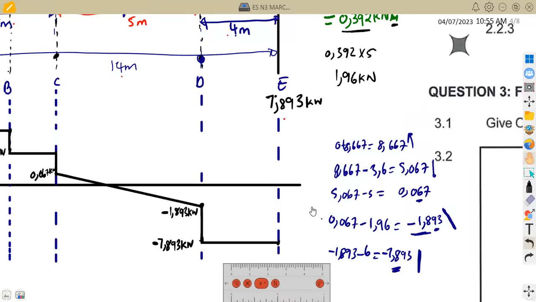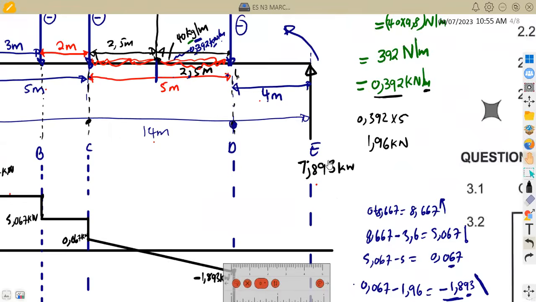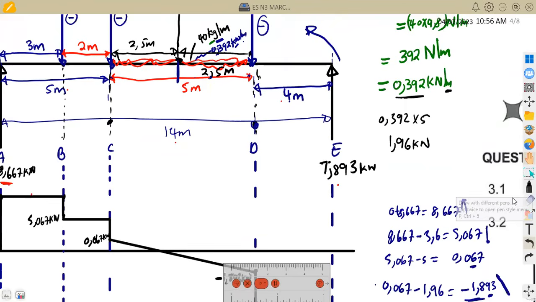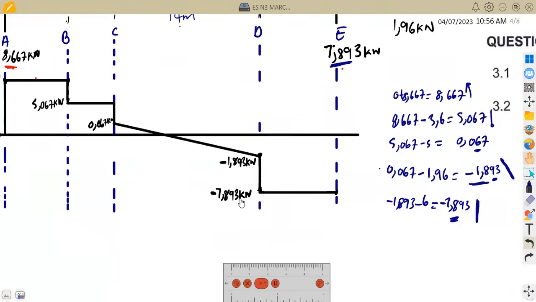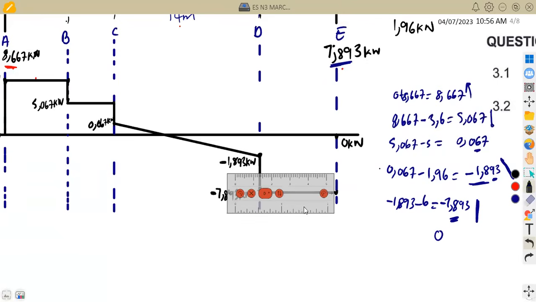And if you check at point E, there is a support. It's a positive. It's facing up. So we're going to add 7,893. By adding 7,893 to minus 7,893, this is going to give us a 0. Which means we are going back to the original point at 0 kilonewton, which is to show that